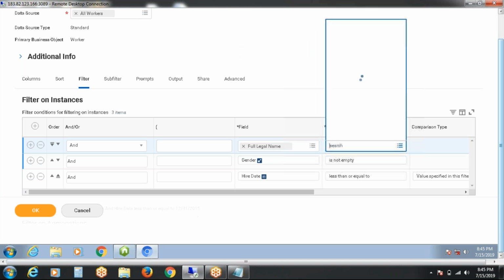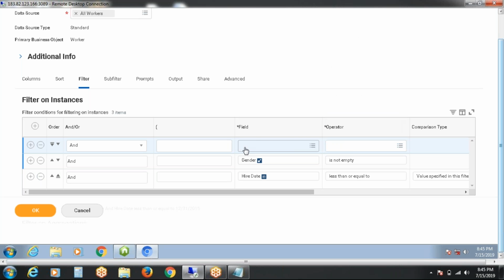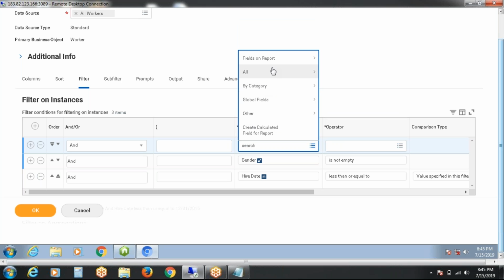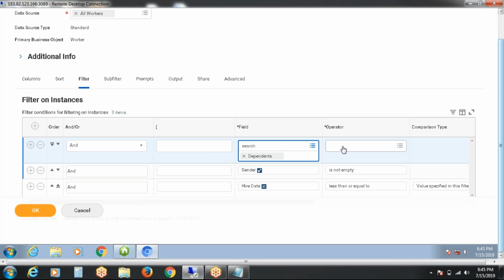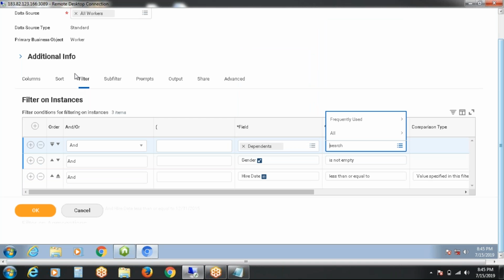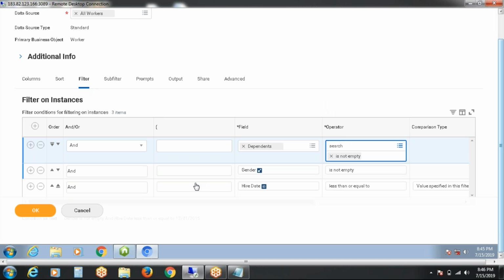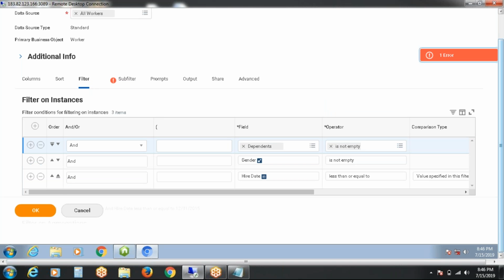Oh, sorry, I need to call dependents, and to the worker I am telling this process: if you don't have dependents, please go away. Is not empty. Say okay.